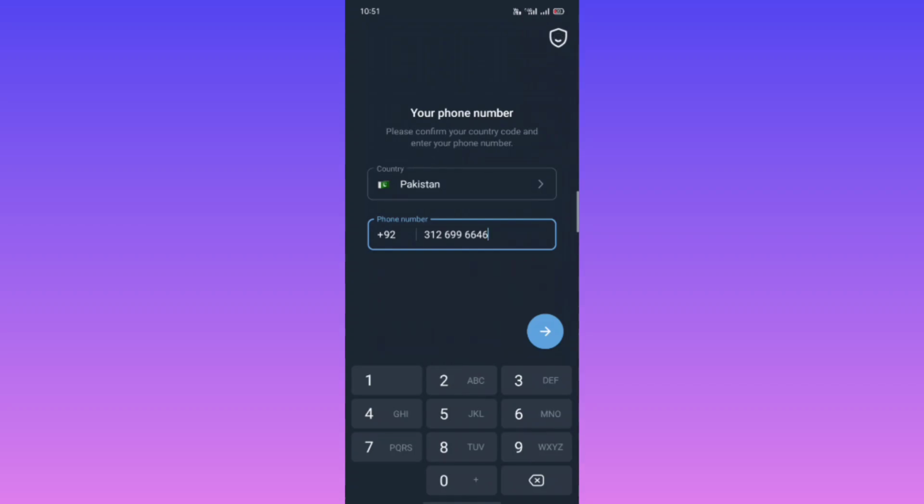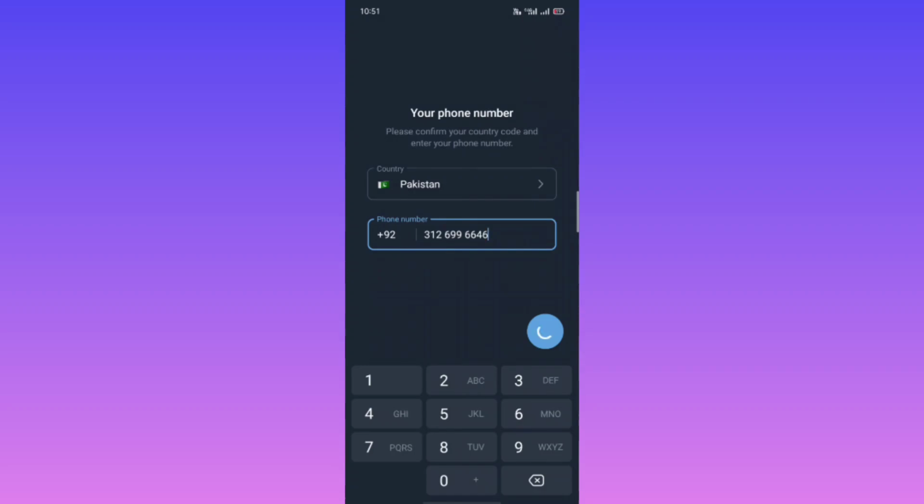Now you will receive a call or SMS option, like they will give you a code. You have to insert that code in your application. So you have to try. If it doesn't work, you have to try on another device. So I will be back once it's giving me the